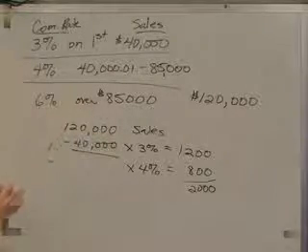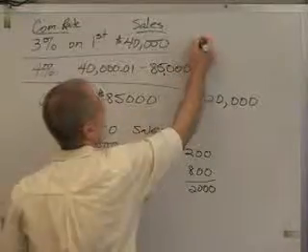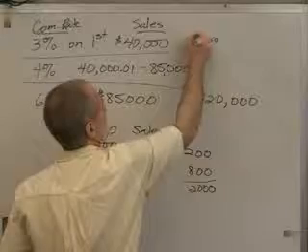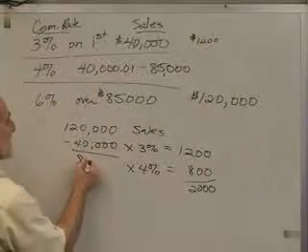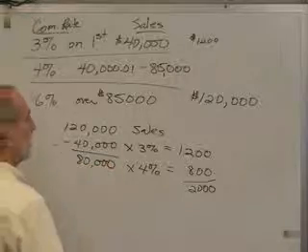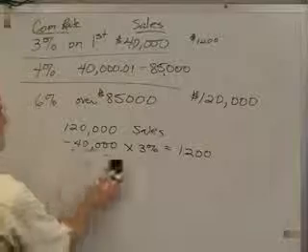And of course, anybody who works here already has these figures memorized. They know that I get paid $1,200 for my first 40,000 in sales. Now, how much is left? 80,000. A way that the book does this is